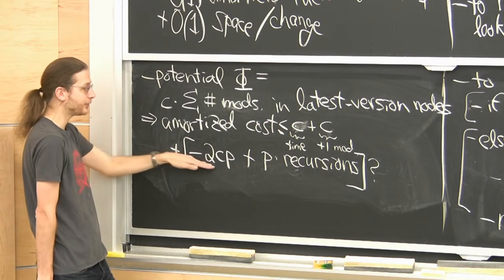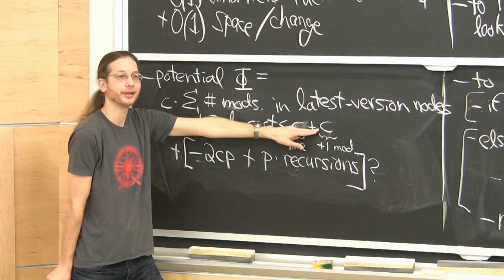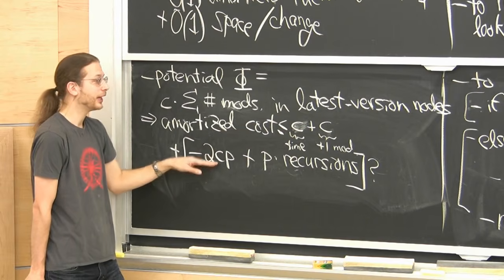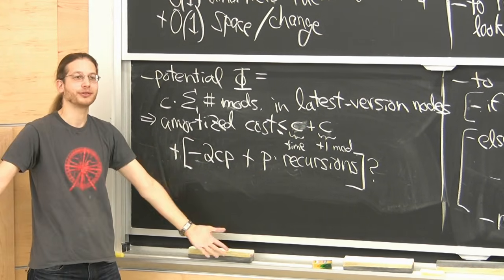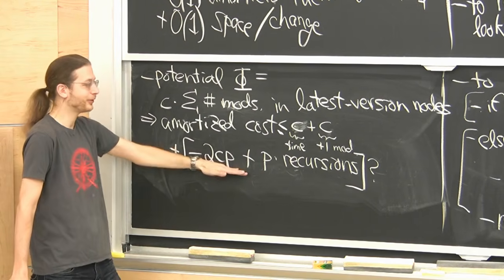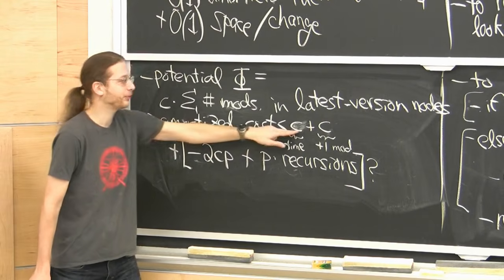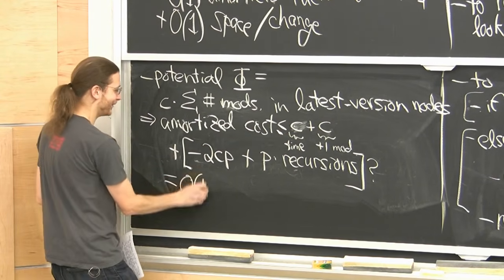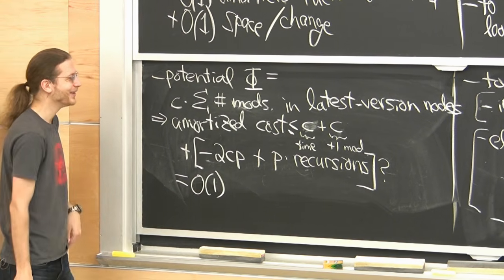But then there's this minus 2CP. So we're going to get P times 2C here. That's the initial cost. So that will cancel with this. And then we might get another recursion. But every time we get a recursion, all the terms cancel. So it doesn't matter whether this is here or not, you get 0. Which is great, and you're left with the original 2C. So constant. Okay, potential functions are always a little crazy.